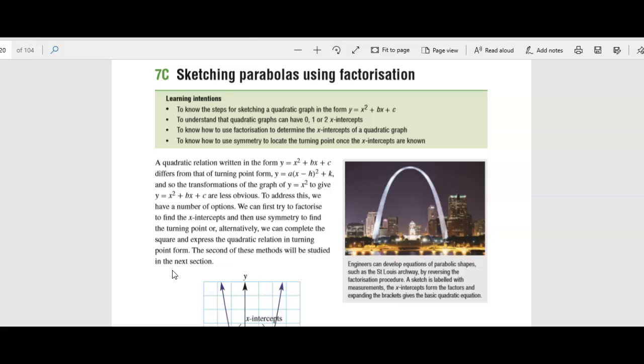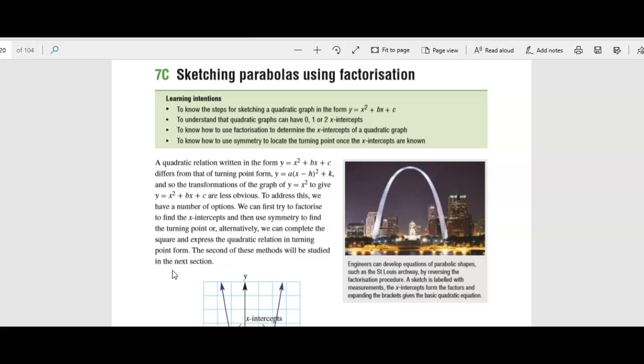Hey ladies, in this video we're going to go through 7C, which is sketching parabolas using factorisation. Now if you think back to chapter 5, you know how to factorise quadratics. So try to reflect on what we did in chapter 5 and remember how to factorise, because we've looked at how to sketch them other ways, but you can factorise a quadratic and sketch